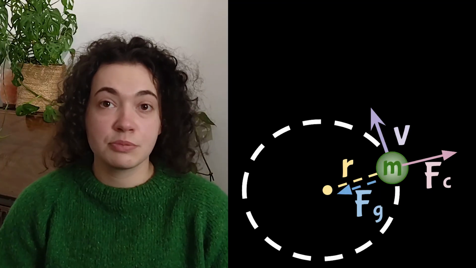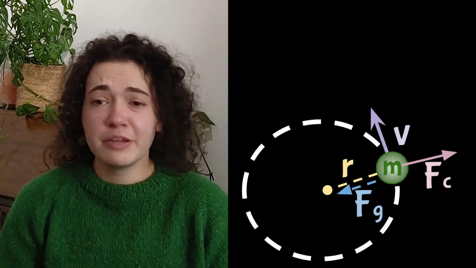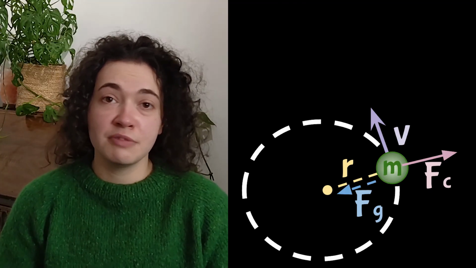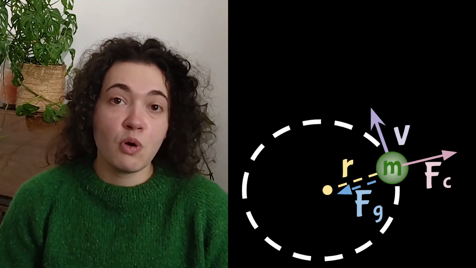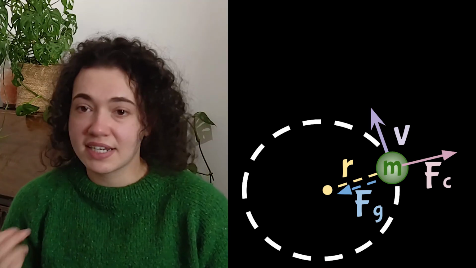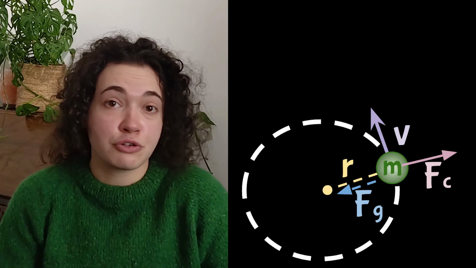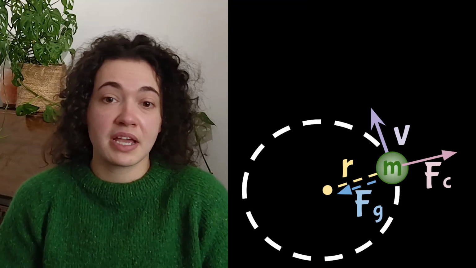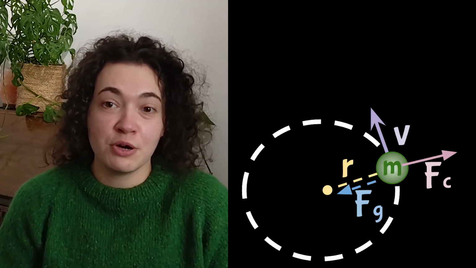Let's zoom in on a little bit of plasma in this star. It can be anywhere within the star, but that doesn't matter. What matters is that it'll be under a lot of different forces: pressure, magnetic field, centripetal force, and gravity. But the big ones determining where this bit of plasma will be orbiting are the last two, the centripetal force